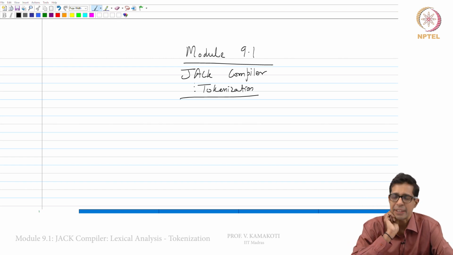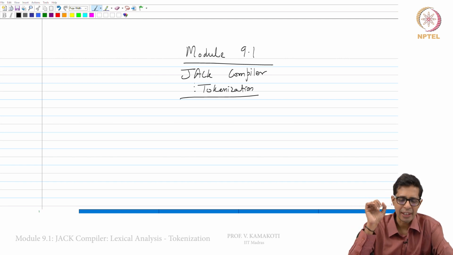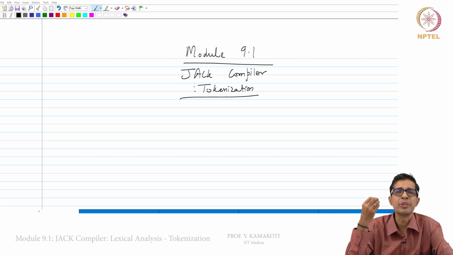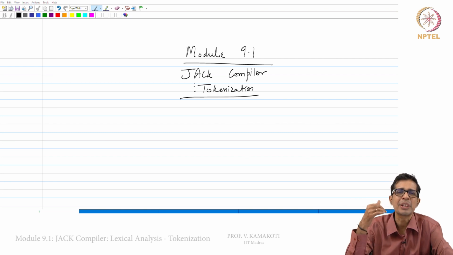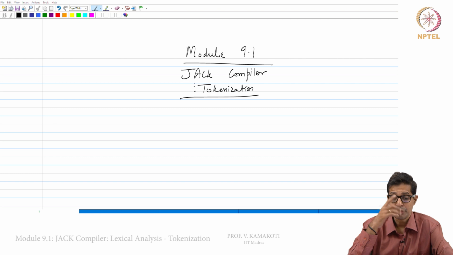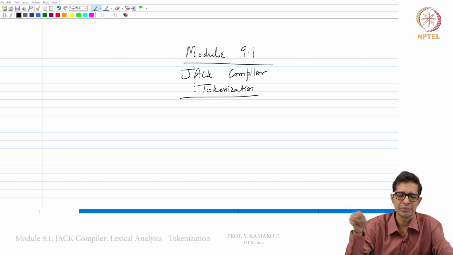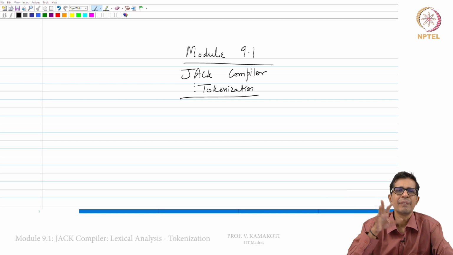Writing a compiler is a very interesting thing, and there are very few compiler researchers across the world, right? People who can actually hack into a compiler and come out with very good code for compilation. So understanding a compiler in its full perspective is a very important aspect of any computer science and engineering curriculum. And I hope modules 9.1 to 9.6 will try and cover